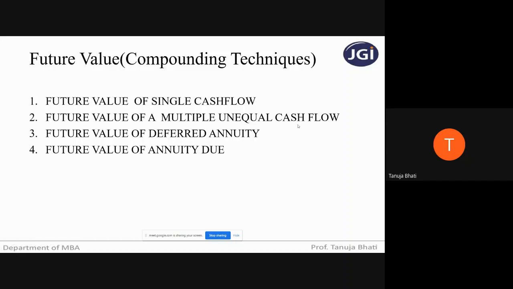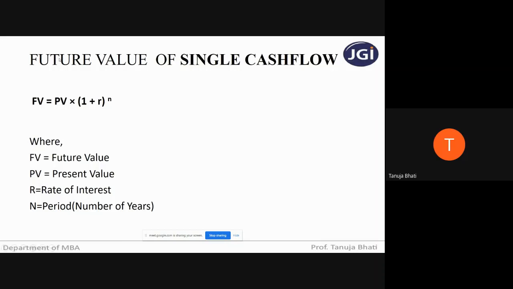So now step by step, let us see the formulas for calculating future value under different situations. First, how to calculate future value of a single cash flow. Single cash flow, again I'm repeating, means there is a payment or a receipt which happens only once. The amount is deposited or received only once. Suppose that amount is given; it will be a present value. So how to calculate the future value of a single cash flow? The formula is very simple, which we have already seen in compound interest as well.